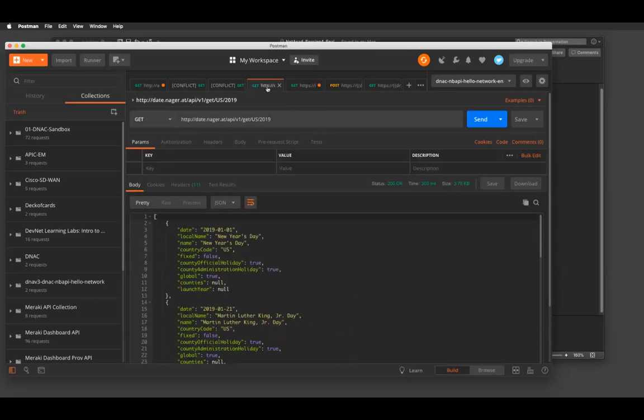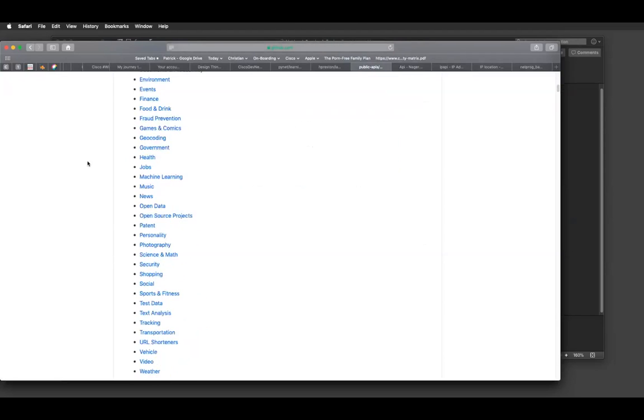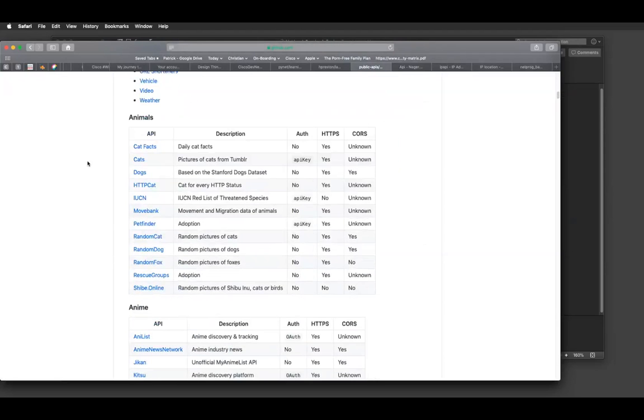The next one is, let's flip over here real quick, is some other documentation that I want to show around a holiday API. So make sure I'm sharing this. So again, this website, you don't have to type it down quickly, but this is a public APIs website. It has a whole index of different APIs that you can go look at. If it has authorization, if it doesn't, what it does. And so I put this also in for reference so that you can just go and play with some of these APIs.